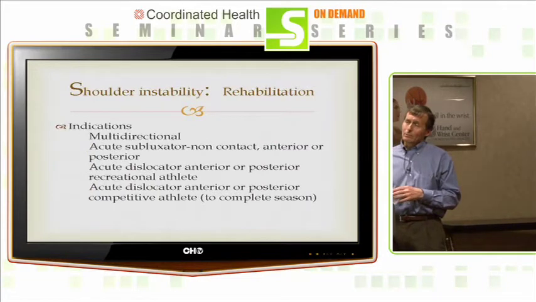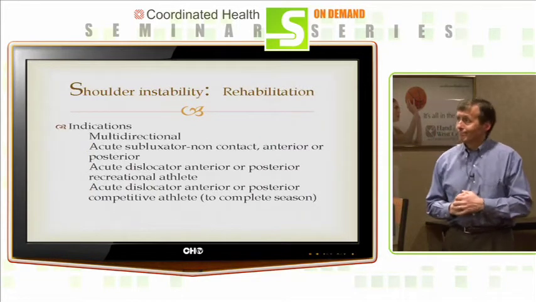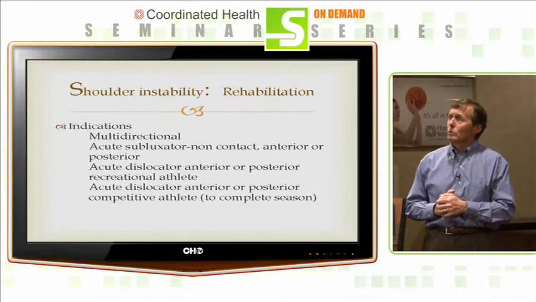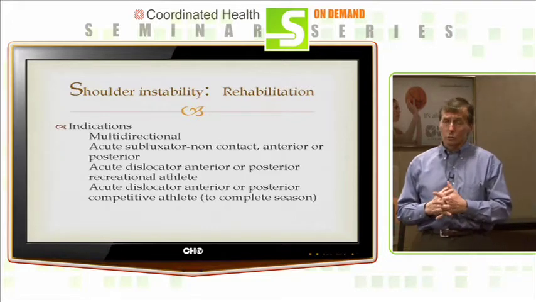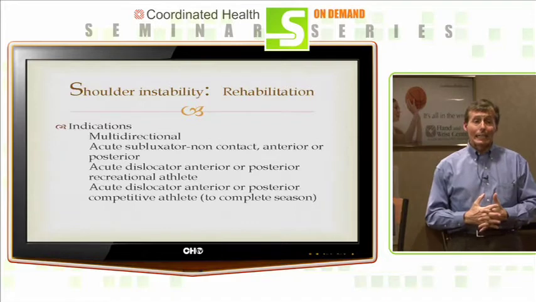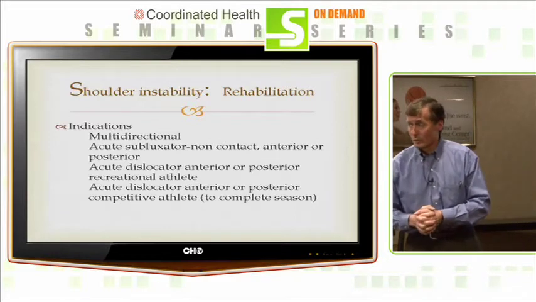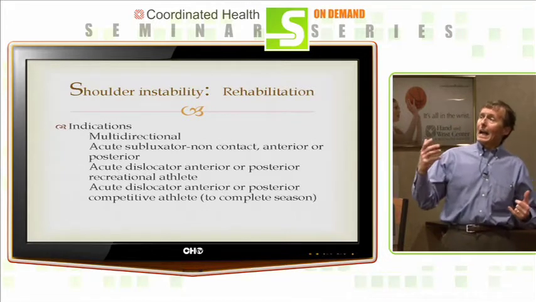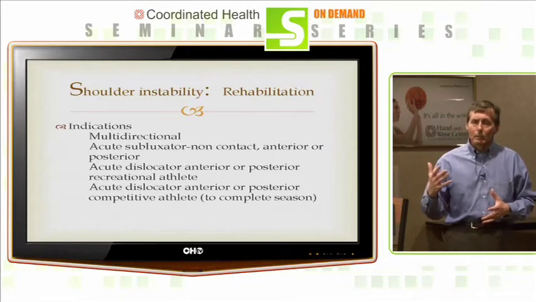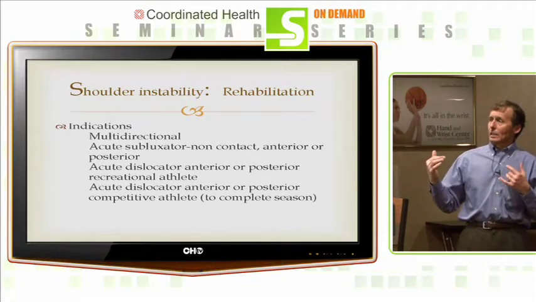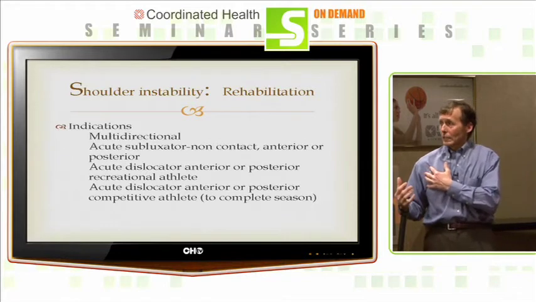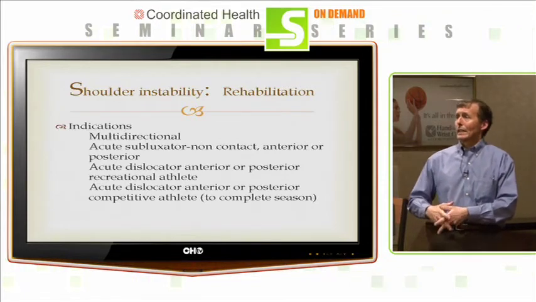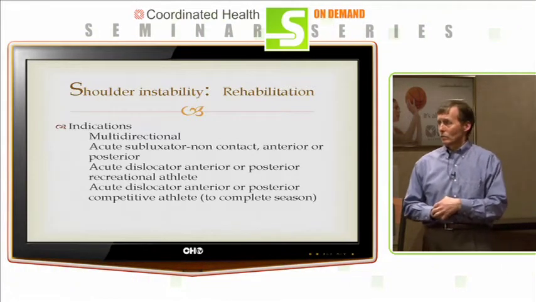Rehab. I'm not a physical therapist, but I really have an interest in it. If you're going to do a rehabilitation for your unstable shoulder patients, I don't care what age, you really need to have a good rapport with the physical therapists. Whether it's a therapist or an athletic trainer, you should be talking to them about what the instability is. Is it multidirectional? Is the shoulder unstable in the front, acute? Is it anterior? Is it posterior? Was it a once and done? In other words, was it one dislocation, or are they having subluxations, multiple episodes of instability?